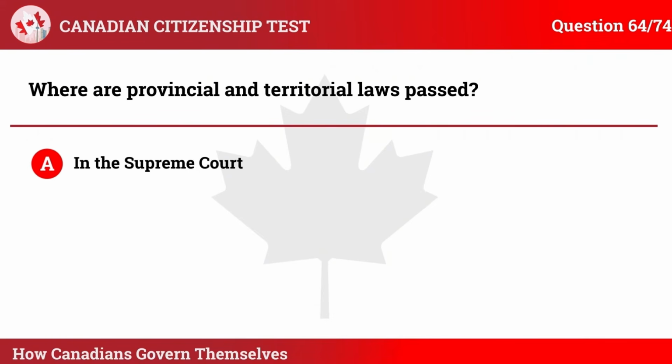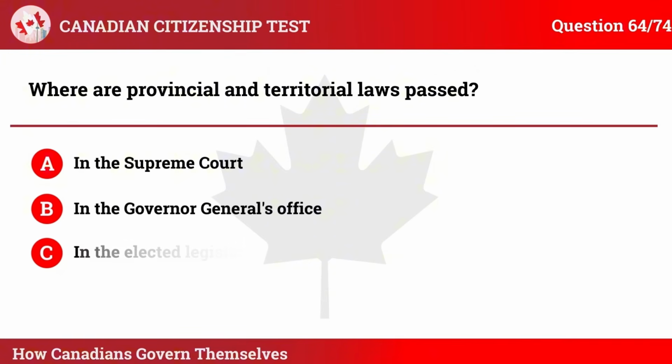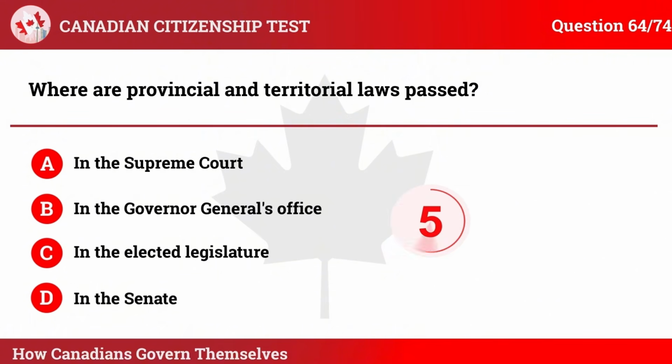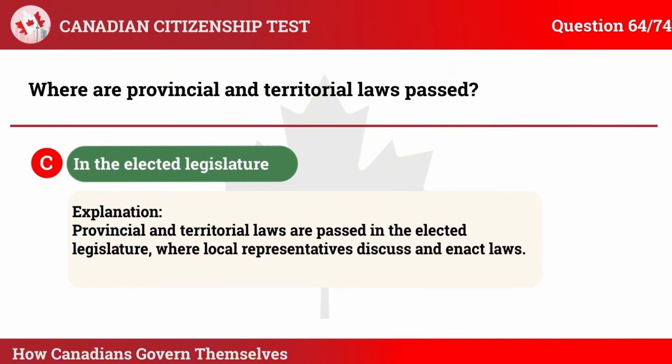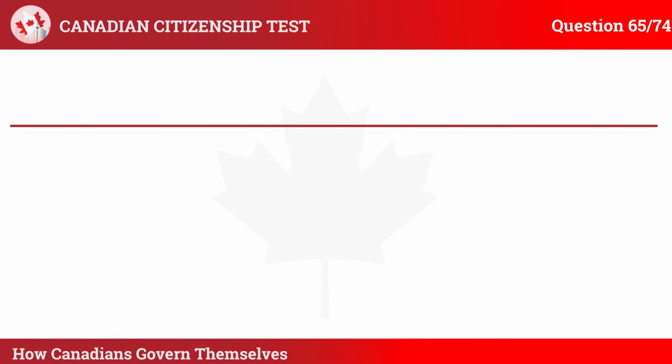A. In the Supreme Court. B. In the Governor-General's office. C. In the elected legislature. D. In the Senate. The correct answer is C. In the elected legislature. Explanation: Provincial and territorial laws are passed in the elected legislature, where local representatives discuss and enact laws. Question 65. The head of the province is called